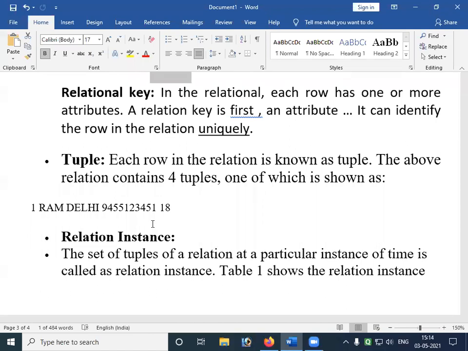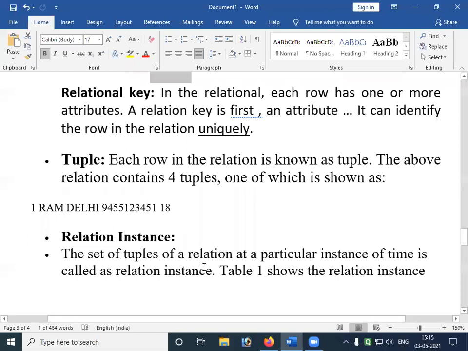So we cannot consider name as a relational key, because it tends to get duplicates. That is why we don't consider name as a relational key, my dear friends. So this is what tuple means.